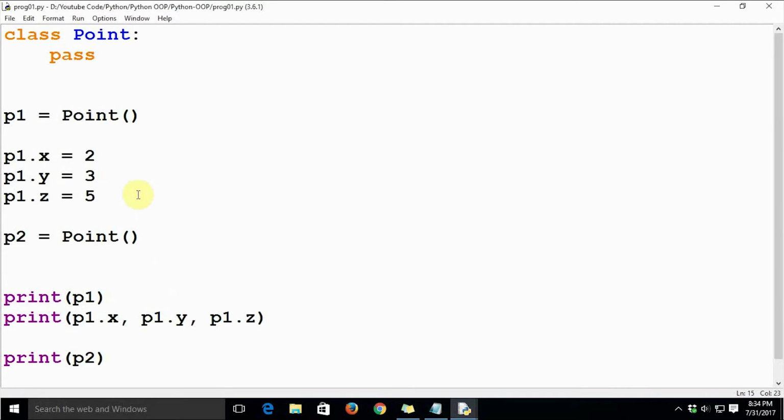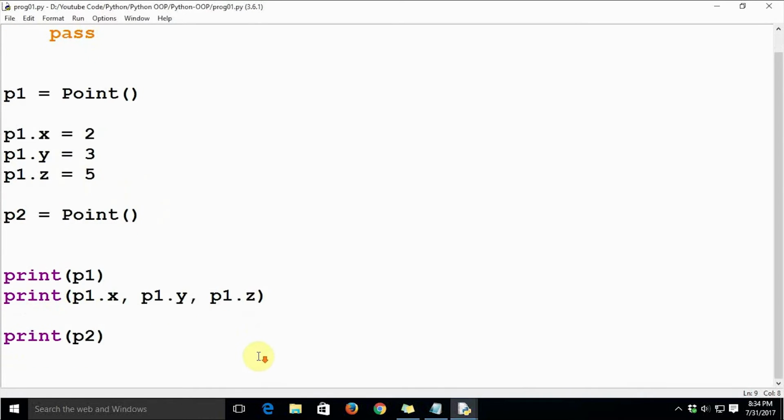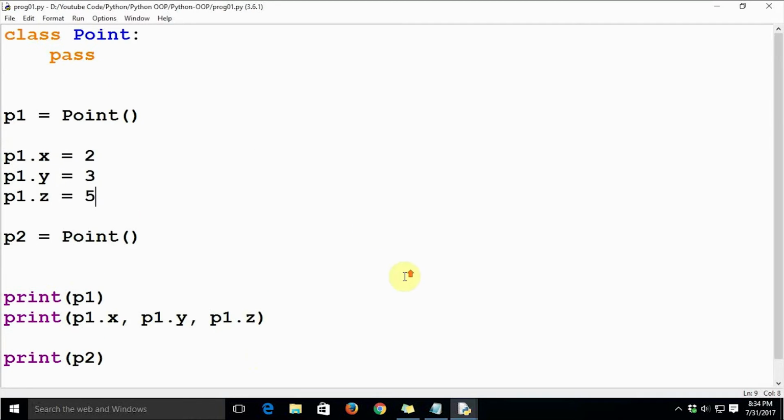If you are interested in n-dimensional mathematics or something fancy of that sort, you can have more coordinates. You can even have w, x1, x2. This is how we define the attributes for a particular class.